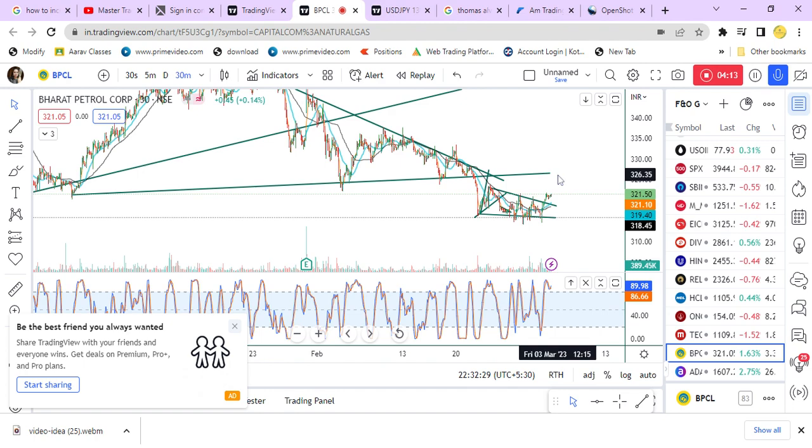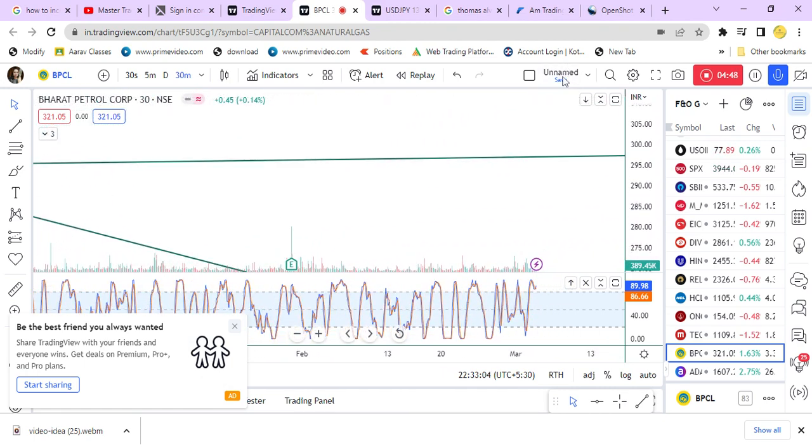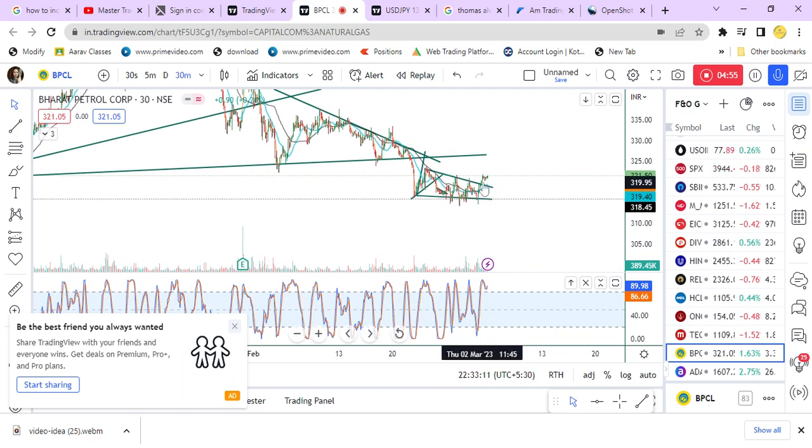So it may go up and it will retest and it may come back, or this is a support line, right? So if it gets support, why will it get support? Because of the buyer pressure. So if the buyer pressure is more, it may get support over here and it may tend to go upward. Or else, if the seller pressure is more and if the value crosses below this falling wedge, then we can look for the target of 97 or 85. Okay. But actually, at present we can consider 320 as a stop loss,